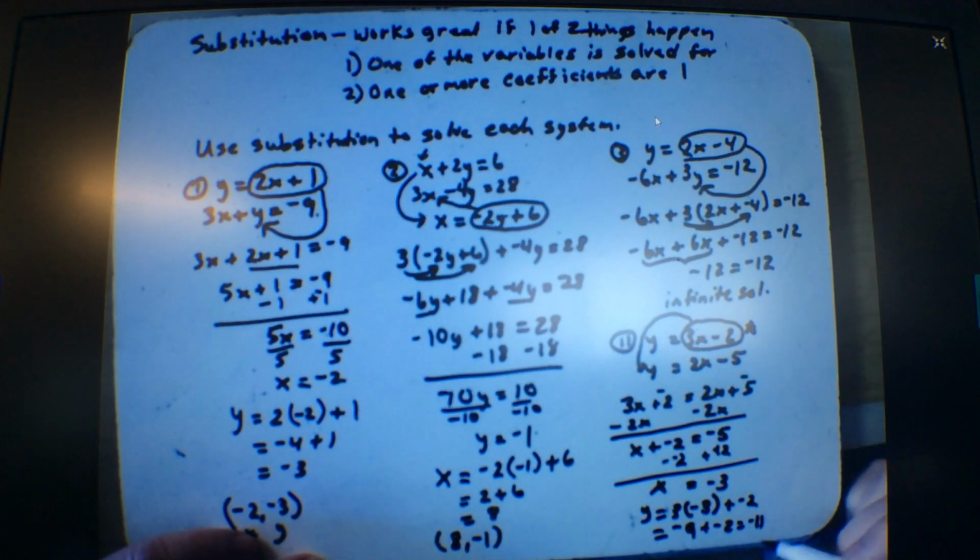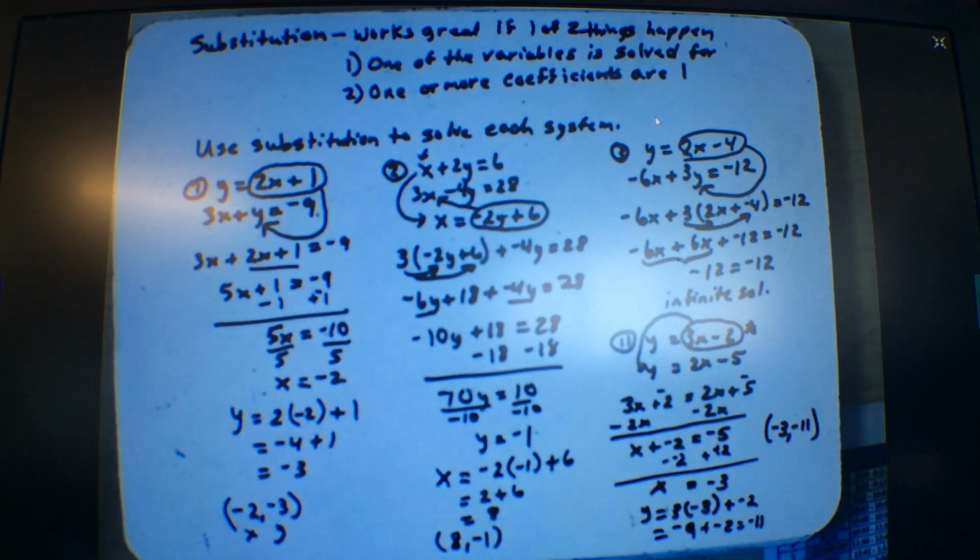So this ordered pair, I ran out of room down here, so I'm going to put it on the side here, is a negative 3 and negative 11. So these two lines intersect at a negative 3 and negative 11. What do you think of those apples? That works out. Way less work. I think it's easier than graphing. However,